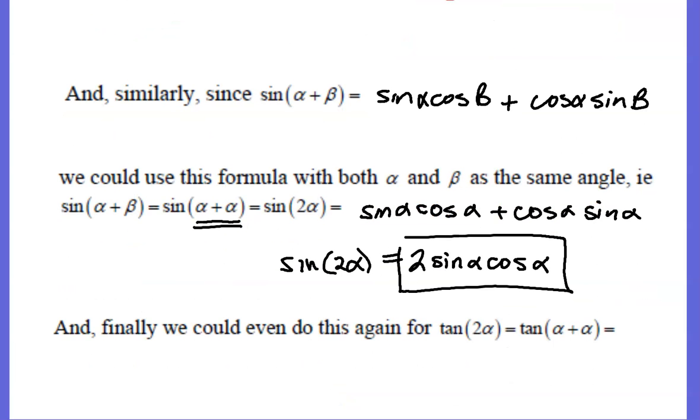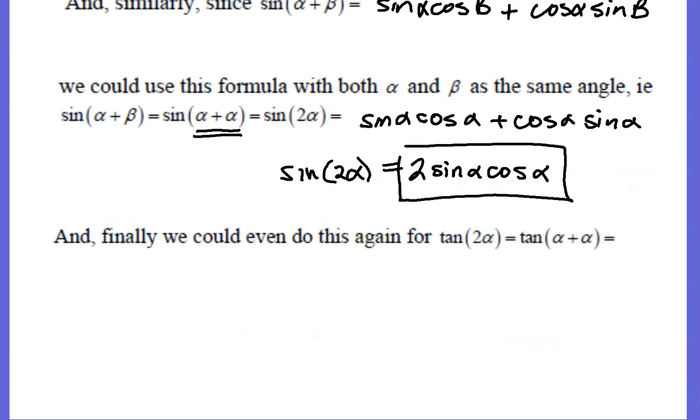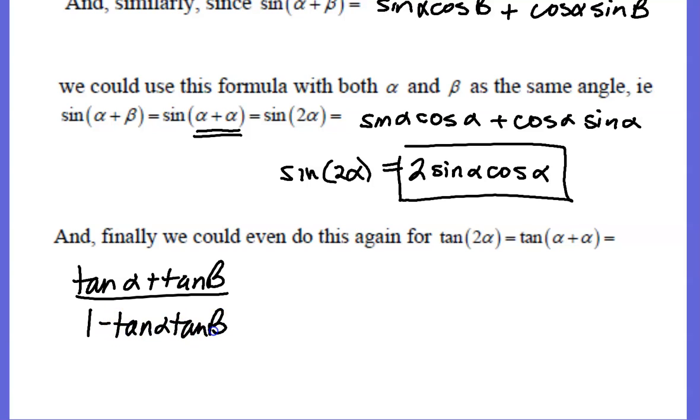Okay, cool. I could do the same thing for the tan. So we learned tan yesterday. The tan sum, if you remember, is tan of the first plus tan of the second all over 1 minus tan of the first times tan of the second. So if I was doing that for this guy, because the two angles are the same,